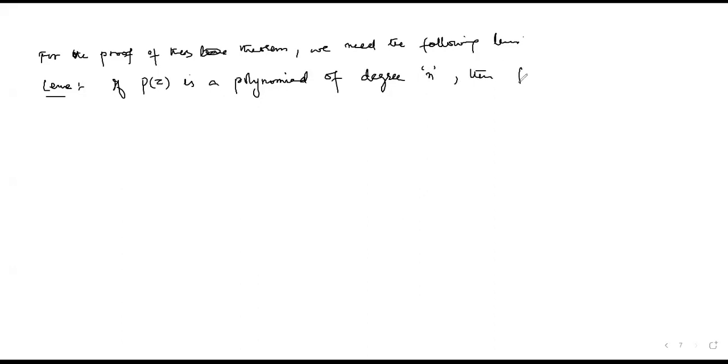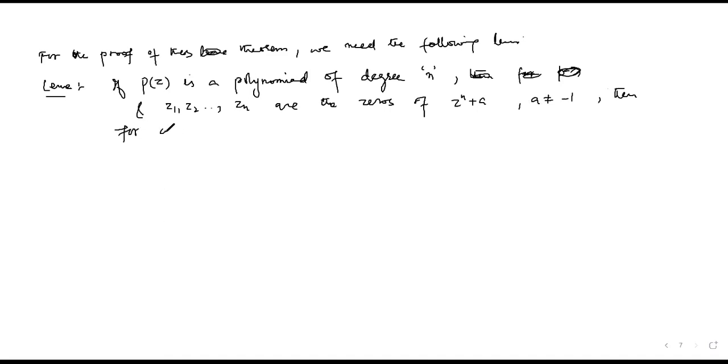Polynomial of degree n, then for p greater than or equal to 1, तो मैं क्या कर रहा हूँ, polynomial हमें lemma करना है, and of course z1, z2, ..., zn, और the zeros, ये हम कर चुके हैं इससे पहले, of z raised to power n plus a, not equal to -1, then for any complex number t, और ये हम prove कर चुके हैं बहुत बार, actually, t into p dash t,